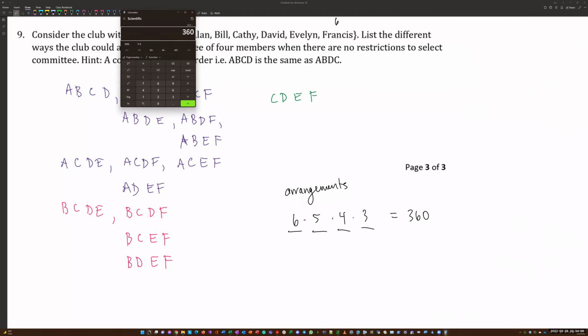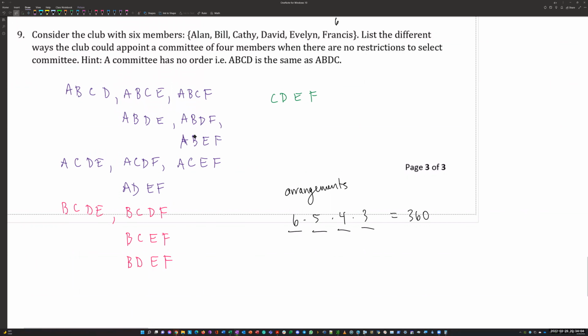This one for 24. Should be 15. So this is 1, 2, 3, 4, 5, 6, 7, 8, 9, 10, 11, 12, 13, 14, 15. Yeah, okay. So this is the correct amount. All right, so then now the thing is though, every single time, if I had picked, let's say I